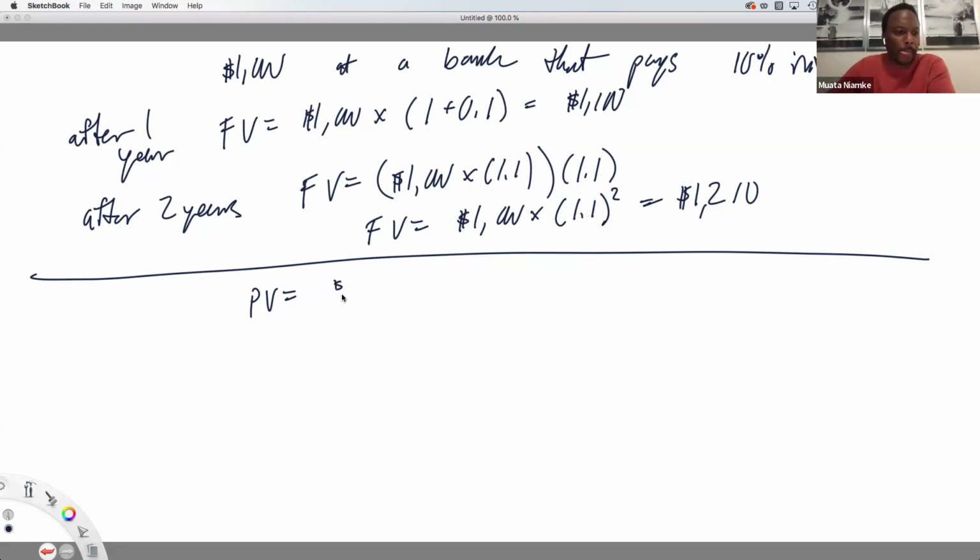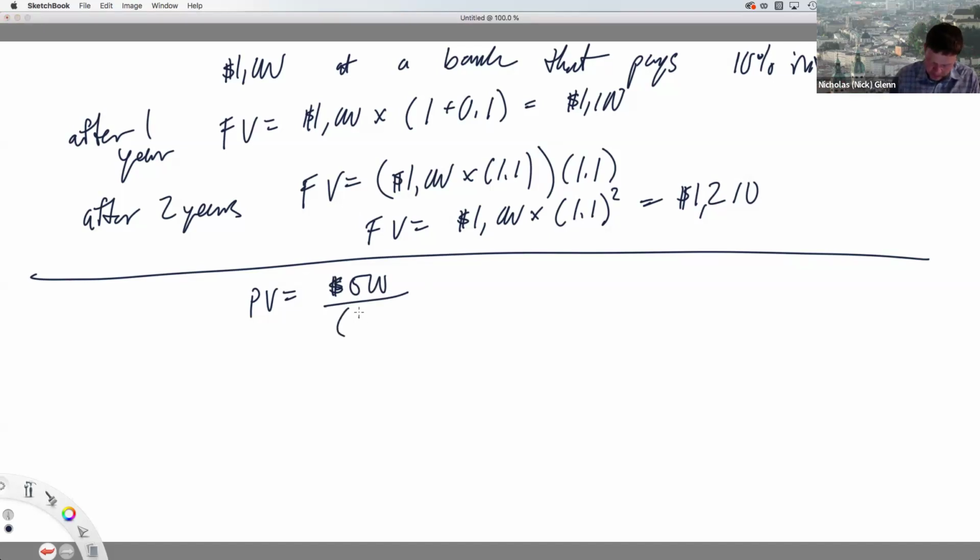All right, remember we said with this $500 that we're getting paid a year from now, we need to discount it. We need to see what this is worth, given that having money now is worth more than it is in the future. So we've got to discount this future value. And so we'll divide it by 1 plus R, this interest rate. And this is only for 1 year here. So this would essentially be $500 divided by 1 plus 0.1, which is 500 divided by 1.1, raised to the 1 power. And that gives you